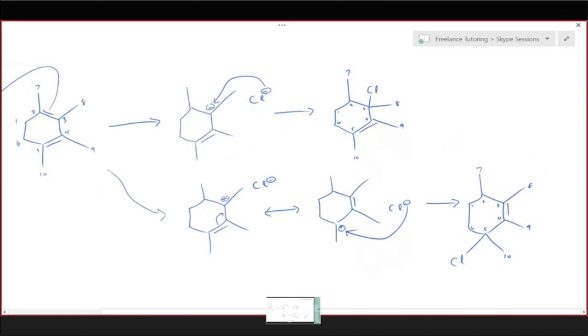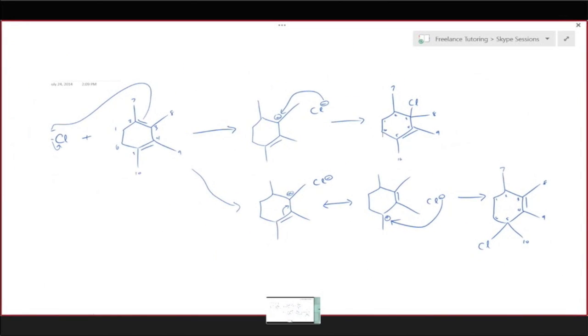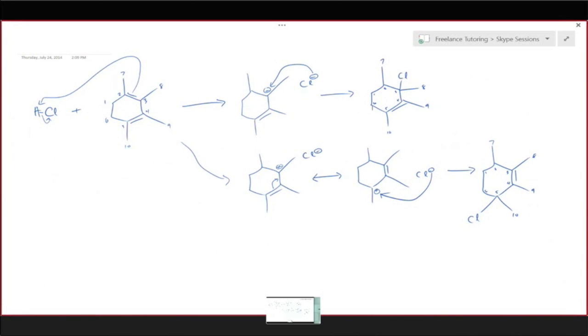Okay, you didn't actually make a mistake there, but that's good to be careful about. Anyway, I was asking you, why did you put the positive charge on carbon 3 and not on carbon 2? Because resonance would allow for more stabilization of that positive charge, the positive landing on carbon 3, and you are already creating